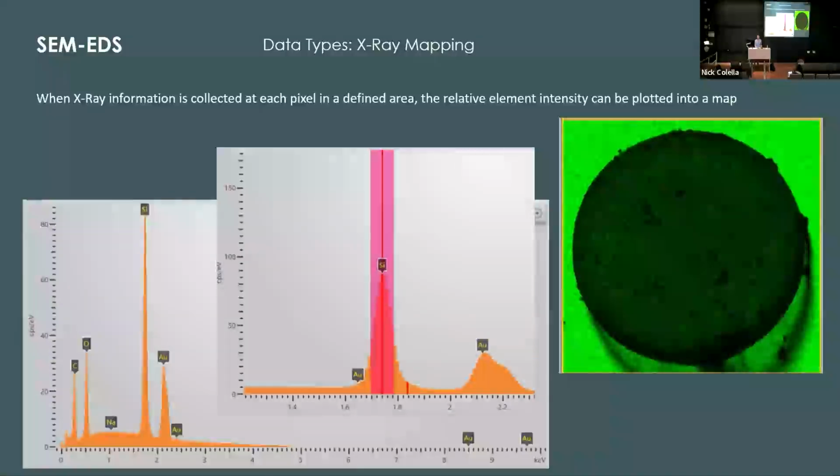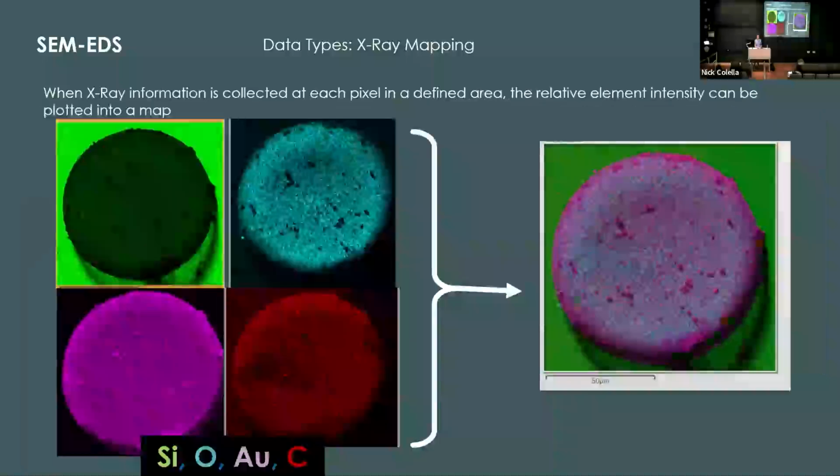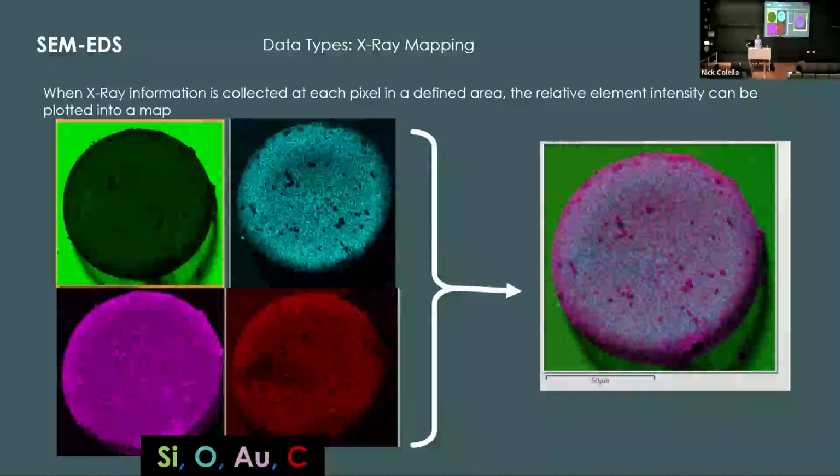And then we can also do X-ray mapping. So X-ray mapping is a way that we can collect spectrum data across an area and turn that into an image, right? So by collecting information at every single pixel within an imaging field, we can make an intensity map for a given element peak at every pixel and turn that into map data, right? So we can then do that for multiple element channels and really get a visual understanding of the distribution of where the different elements are located.